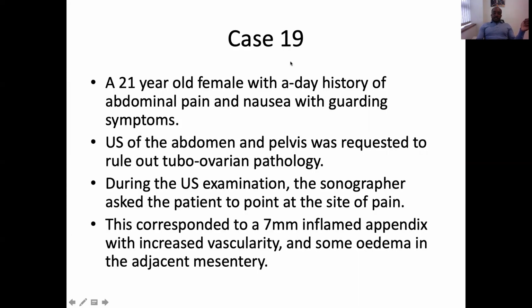So case 19. Another 21-year-old female with a day's history of abdominal pain and nausea with guarding symptoms. So you couldn't really touch the region of pain because the patient was in a lot of pain, and so she was guarding. An ultrasound of the abdomen and pelvis was requested to rule out ovarian pathology. So during the ultrasound examination, the sonographer asked the patient to point out the site of pain, and that corresponds to a 7 millimeter